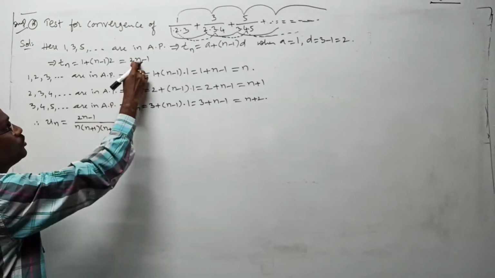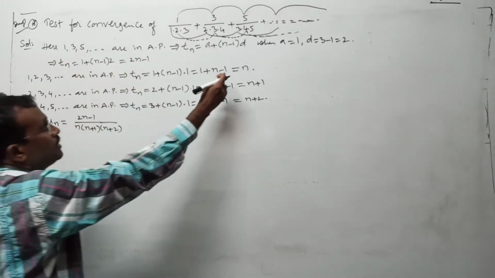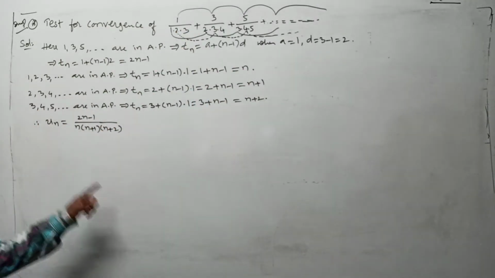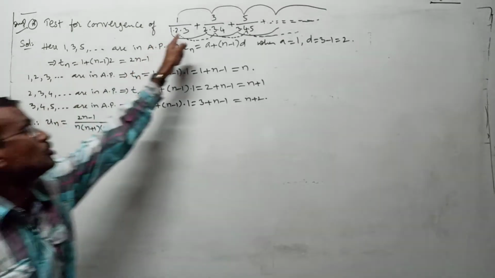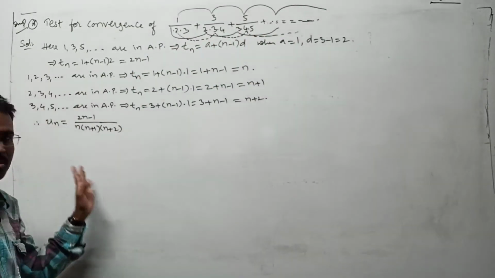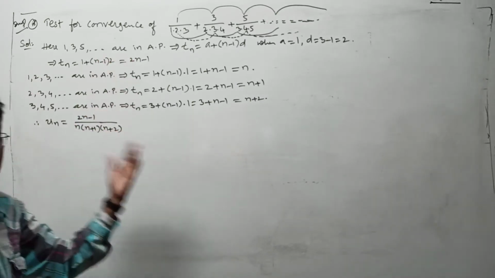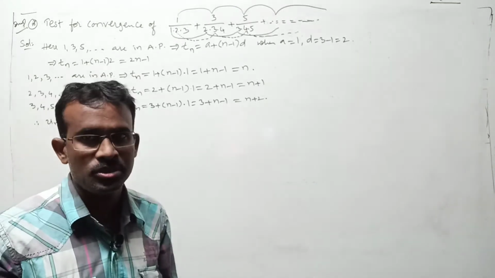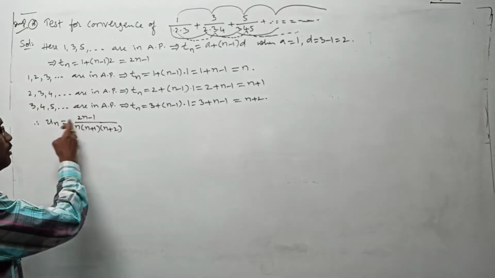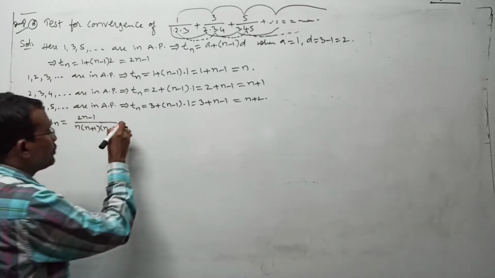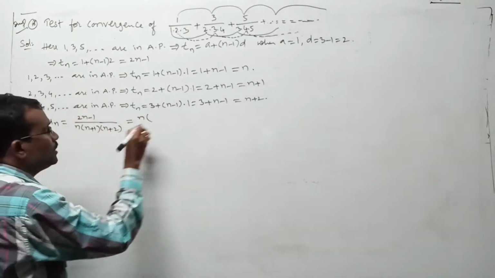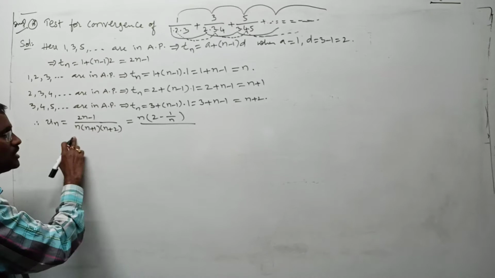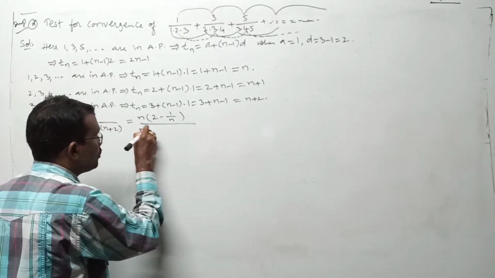Understood or not? 2n minus 1 by n into n plus 1 into n plus 2, that I have written. This is un, and sigma un gives the total expansion. Understood? This is the special work in the new model. From here onwards, same as your previous first basic model, you can proceed. After getting un, take all n terms common in the numerator and denominator. In the numerator, the n term is n only, it is 2 minus 1 by n. In the denominator, one n is common, this n is common, this n is common. Totally, n cube is common, na?